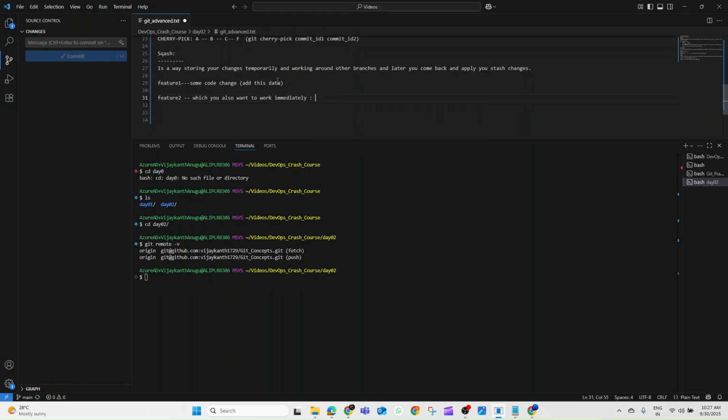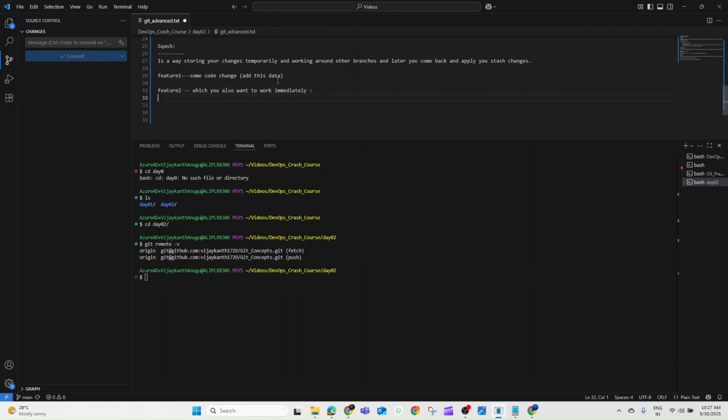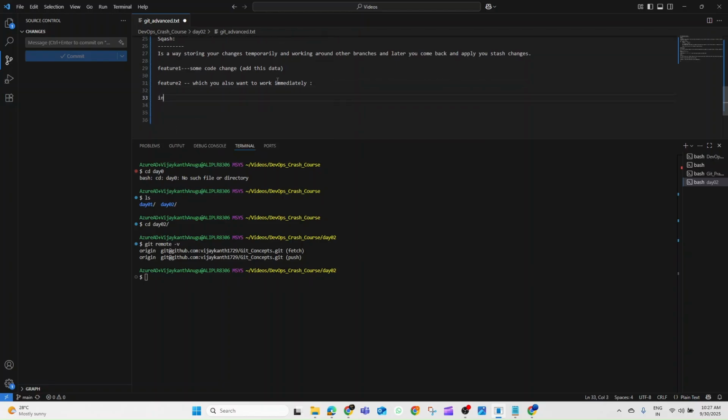So what happens is, in order to move from feature 1 to feature 2 branch, you must commit the changes first in feature 1, then you can execute the checkout command